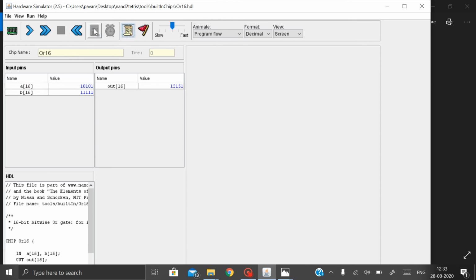Yeah, let us evaluate. You can see here R of 10101 and 5 ones is 12151. See, the thing is that if you give more than 5 digits, it doesn't take. Let us try with 10101 and 1. This is a 6 digit number. It doesn't take. See, there is one more extra one which it doesn't take. So as it is 16 bits, it takes only up to 5 digits.